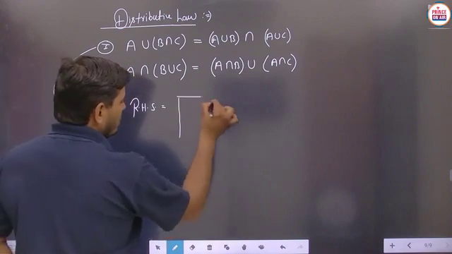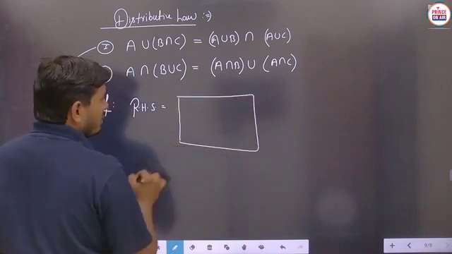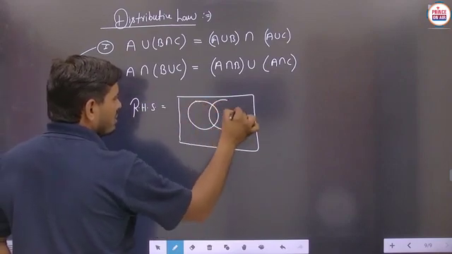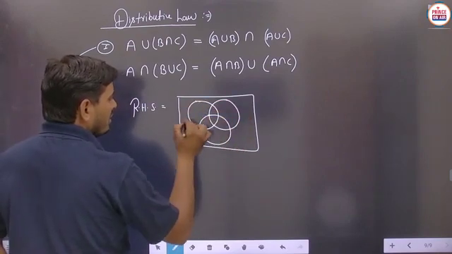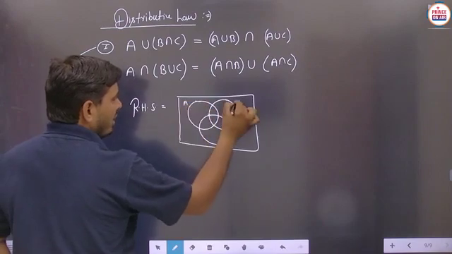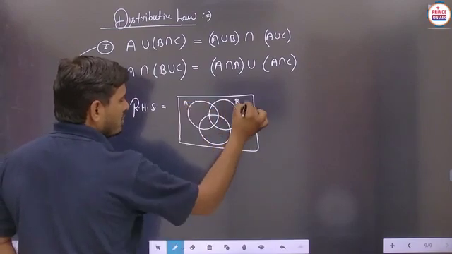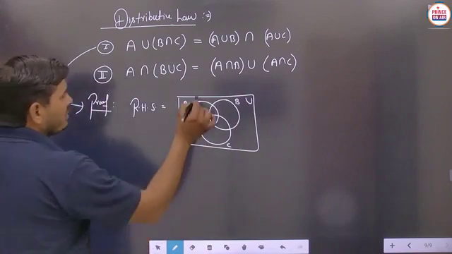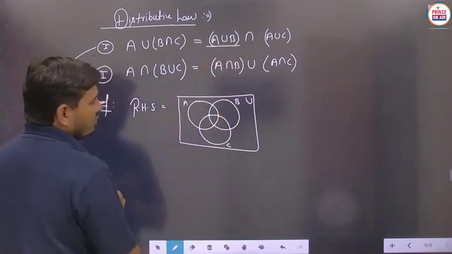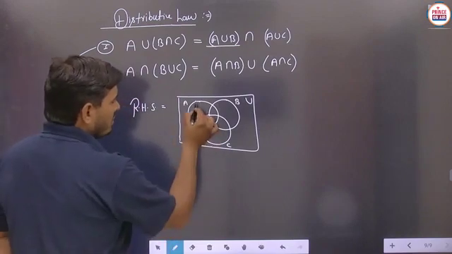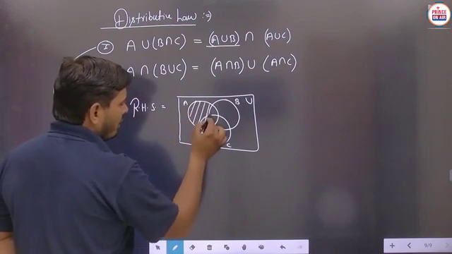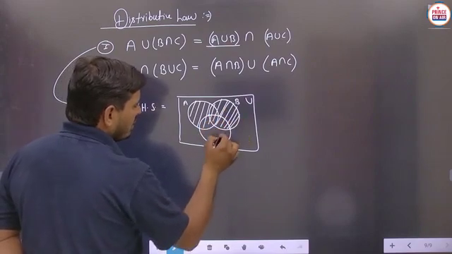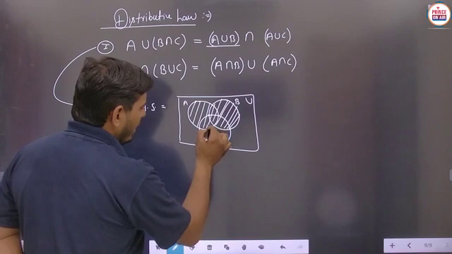So we have to make the Venn diagram here. Carefully you have to see. So now first of all we draw the three sets. This is set A, this is set B, and this is set C, and this is taken as the universal set. So now students, first of all we can see in the right hand side A union B. So A union B means you can just say that all the parts of A and B are included.